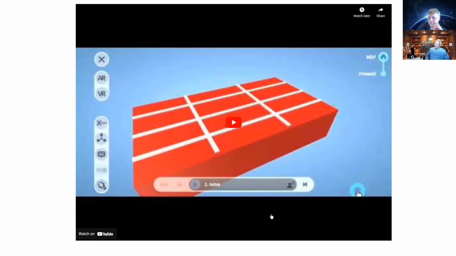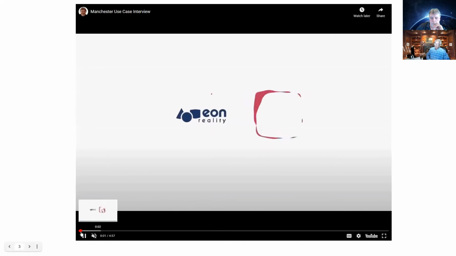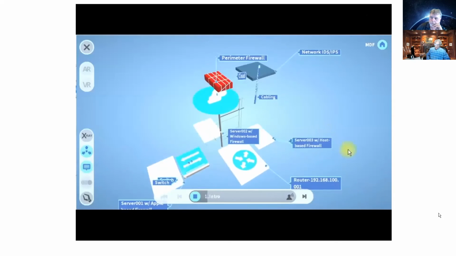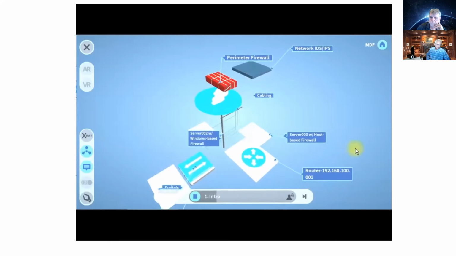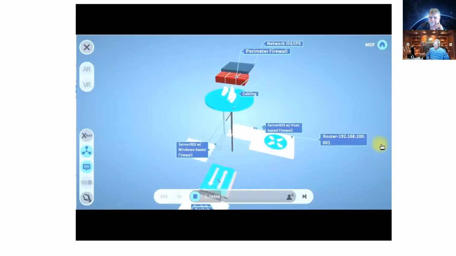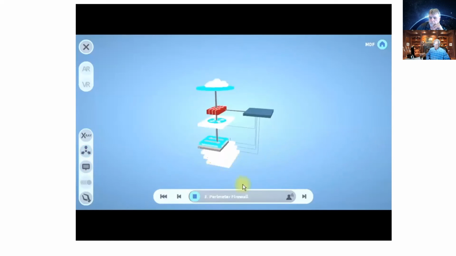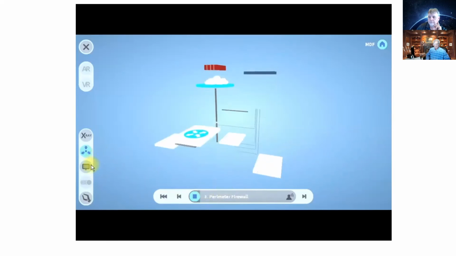I think my favorite area of using the platform is the concept part, where I'm not using a fixed piece, like the punch down blocks. While those are great, and now I don't have to hand things around the classroom. When we're talking about concepts, this brings up a whole new area that we didn't even consider when we started using VR. And it really makes things a lot simpler for students to understand. And I think I like that one because it's not something I expected to be doing.